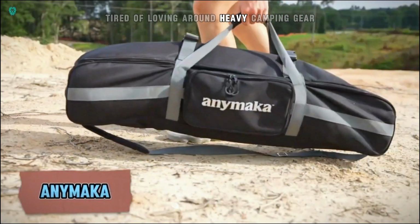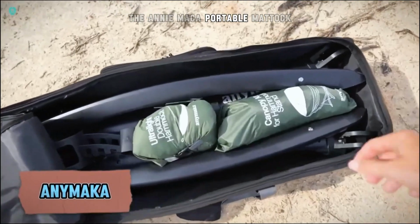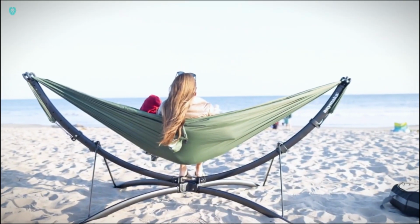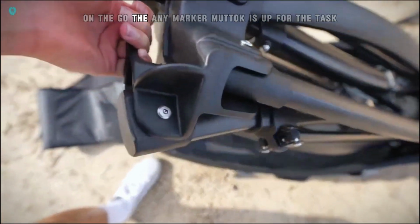Tired of lugging around heavy camping gear? Say hello to your new go-to tool, the Animaka Portable Mattock. This compact, lightweight multi-tool is a must-have for all your outdoor adventures. Whether you're setting up camp, clearing a trail, or need a reliable tool on the go, the Animaka Mattock is